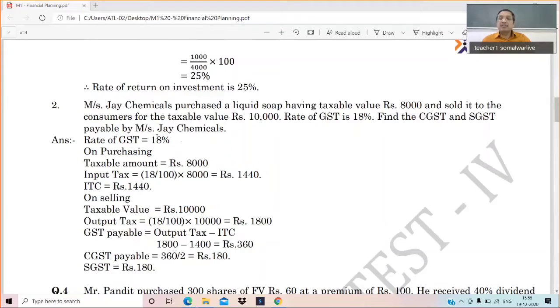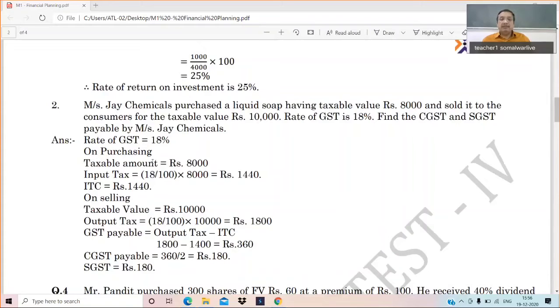See, it is like a business to customer type of invoice, right? So at the time of purchase, J Chemicals has to pay the GST, and at the time of selling, he will collect GST. And whatever GST he had paid earlier, he will subtract from the GST collected, and that difference amount he has to pay as GST, including CGST and SGST. Now, how can we calculate? Do the calculation separately, point wise. The rate of GST will be the same for selling or purchasing, whatever it will be.